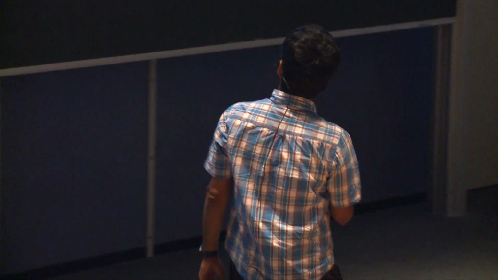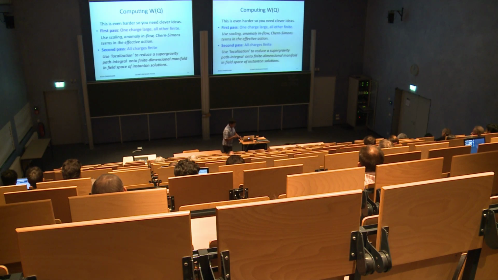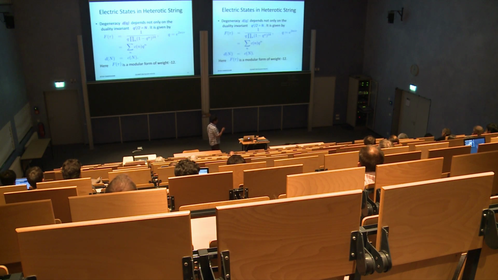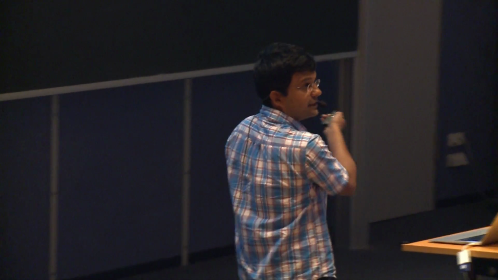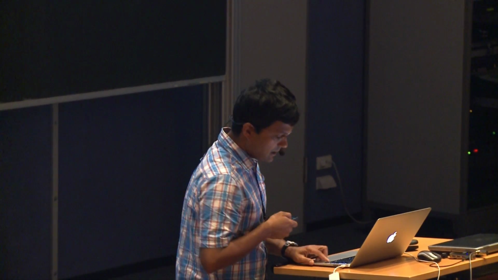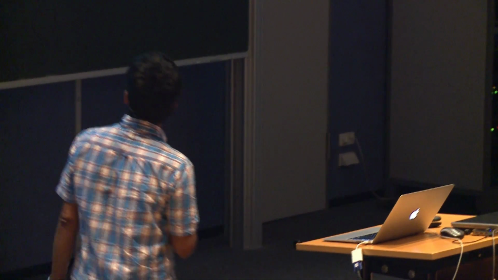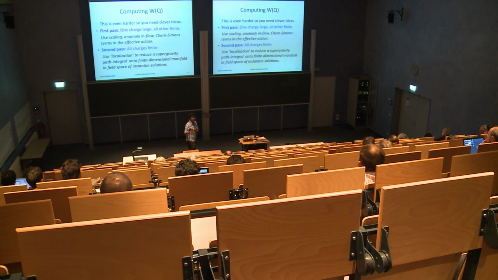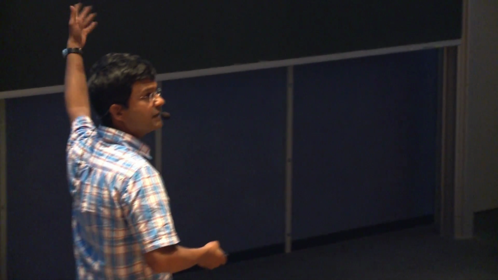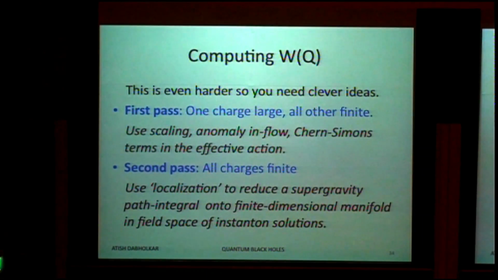So that's the right hand side of the problem. The left hand side of the problem, so basically what I want you to appreciate is that the calculation gives you some very specific answer. The answer is here, and that's what the theory gives you. On the left hand side, you have to evaluate the black hole solution. You have to figure out the generalization of the Kerr-Newman black hole, because here some additional fields are present. And then you have to evaluate some functional integral in that background.